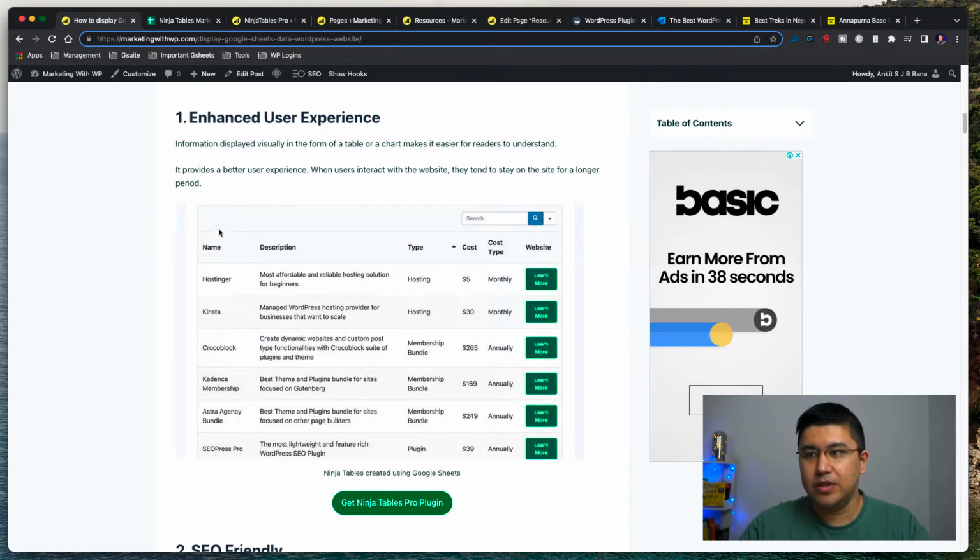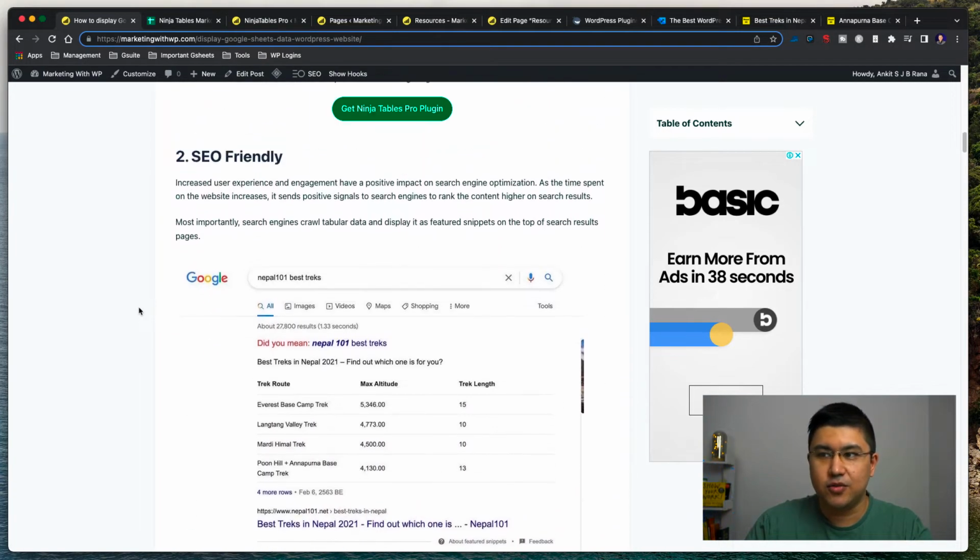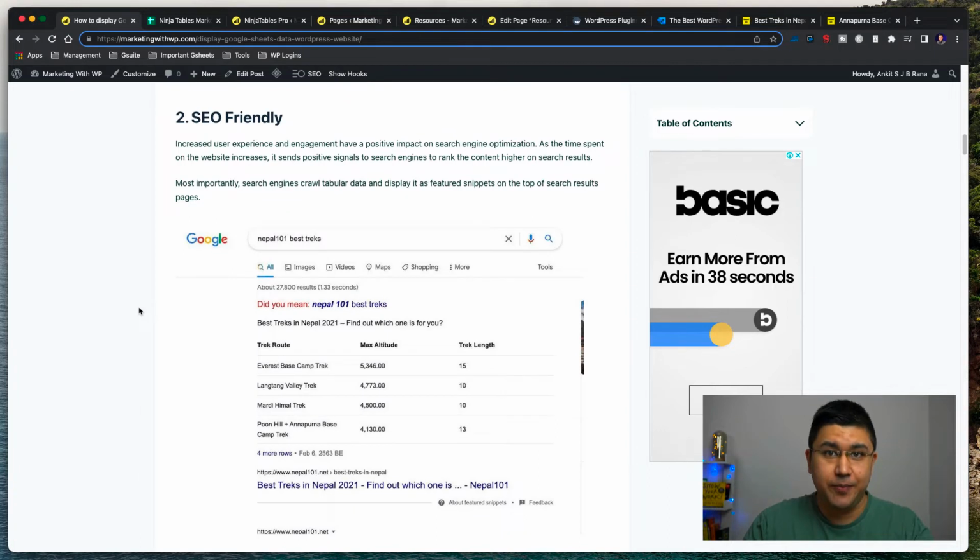So one of the reasons is it makes people spend more time on your website, and it's great because when the amount of time they spend on the website is higher, that means your web page has better ranking in terms of Google's eyes because they think it's relevant information for your users. They're clicking, they are spending more time. The other reason, again, is SEO friendly, as in if you have a table and if the table is relevant,